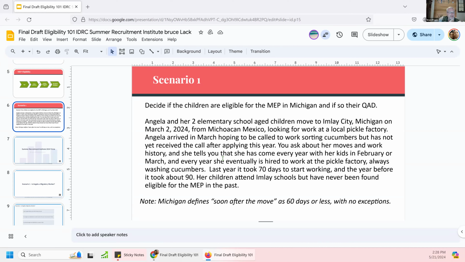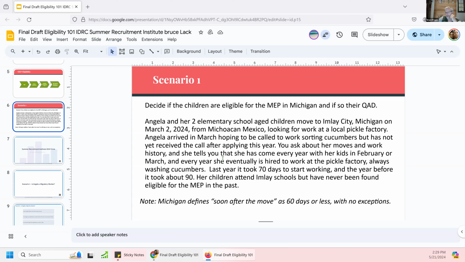And then you would document, and I'll just make it the months, that in February of 2022, she made a qualifying move from Mexico to Imlay City and engaged in qualifying work washing cucumbers. And then in March of 2023, she moved from Mexico to Imlay City and engaged in qualifying work,